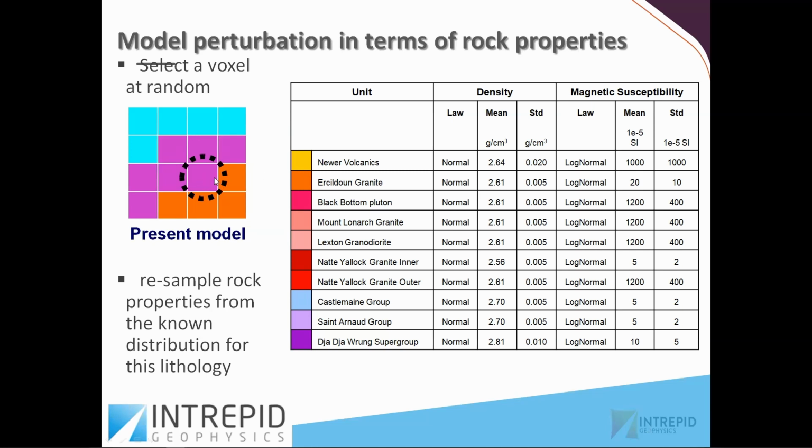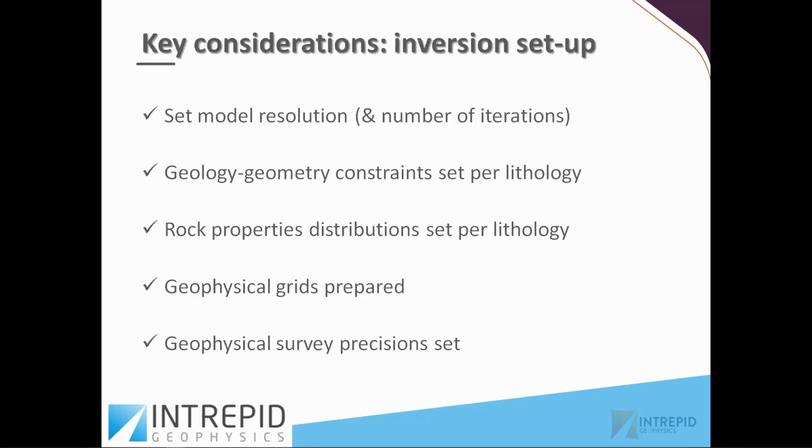The process is repeated in all cells iteratively based on the number of iterations we have selected, and after the inversion, we'll get the most optimized rock properties model out of it. The key consideration of the inversion setup is that we can set the model resolution. That's simply selecting the